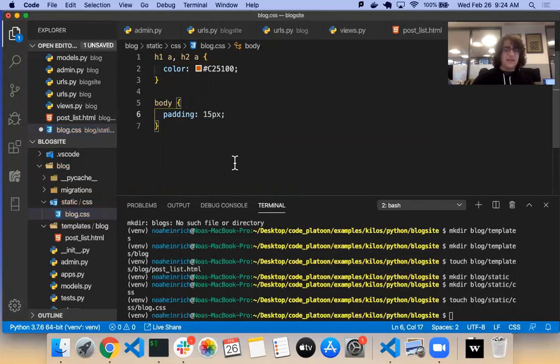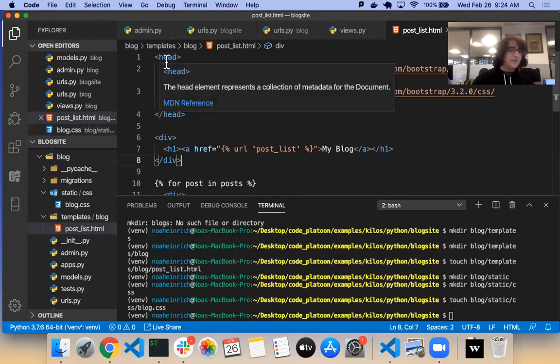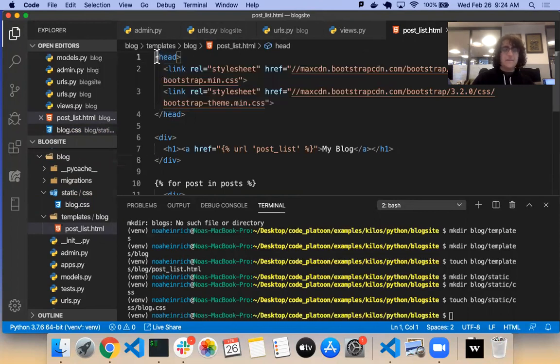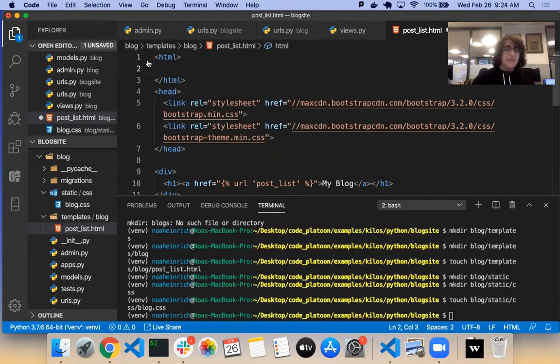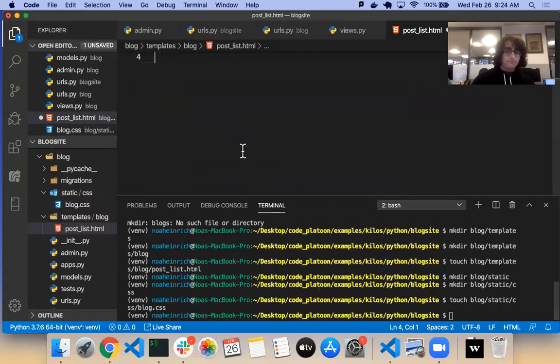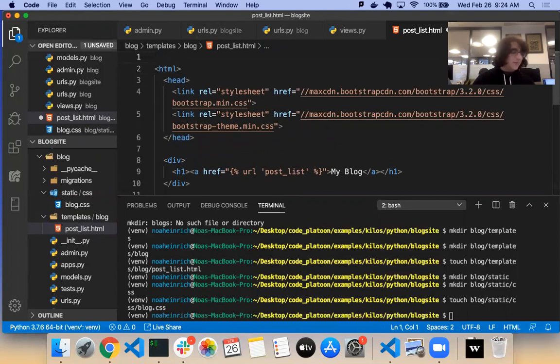Now, in order to get this style sheet into my HTML doc, I need to do something a little bit different. I actually need to make an HTML tag and make sure everything goes inside of that. The reason we need that HTML tag is because above the HTML tag, we need to have this thing that says load static.